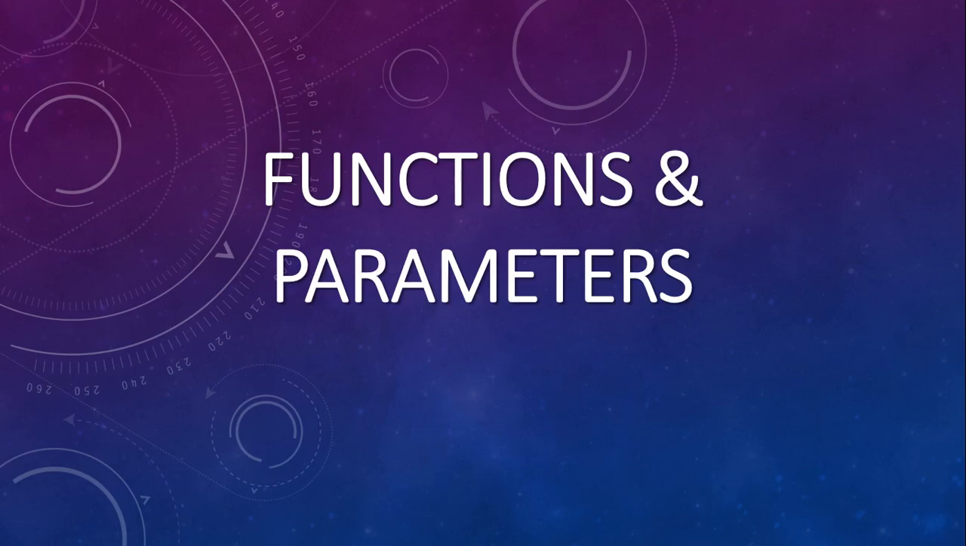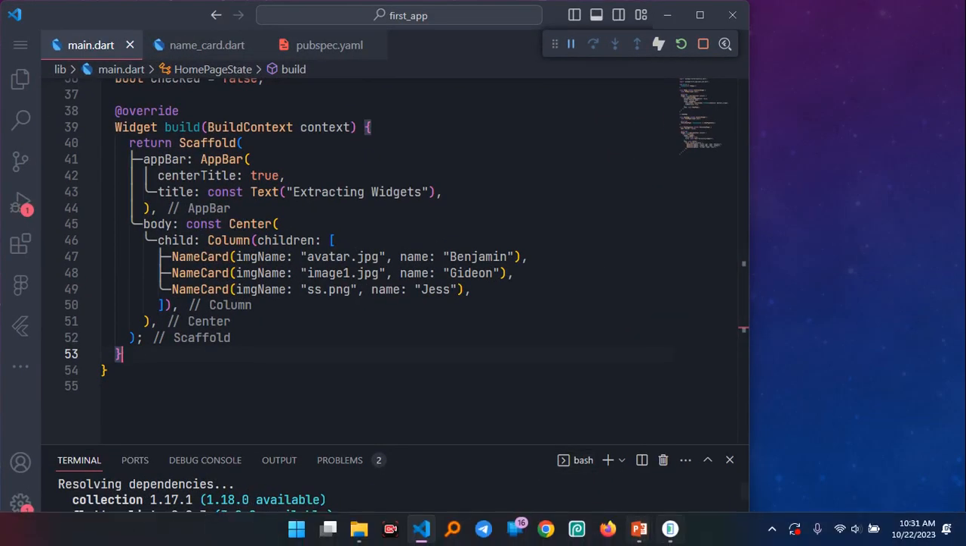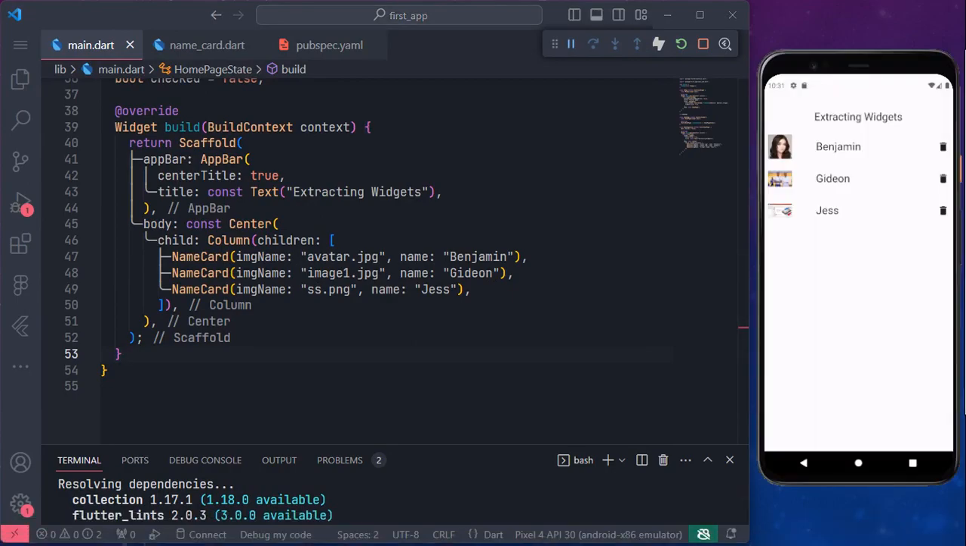Okay, so in this episode we'll be looking at functions and then function parameters. All right, so let's go back. As we already have this, now when you click on this thing, it doesn't do anything, so we need to